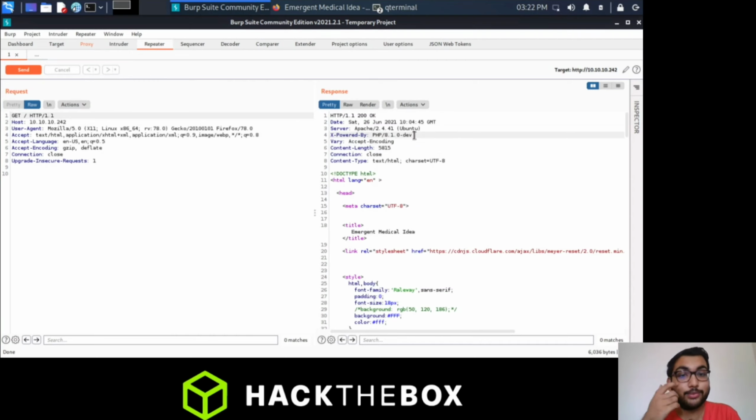Now the most suspicious, or most interesting thing, as you can say, is that it is running PHP 8.1.0-dev, a developer version. A developer version can include some bugs or some vulnerabilities in it. So let's search for that vulnerability on the internet.